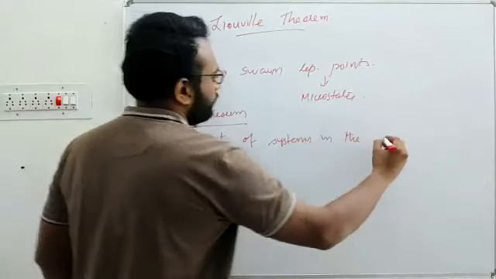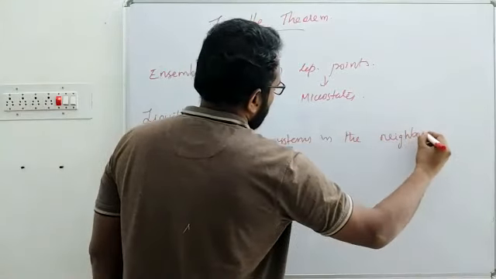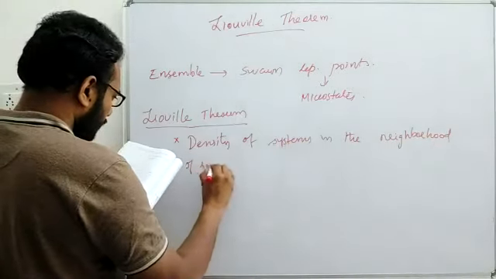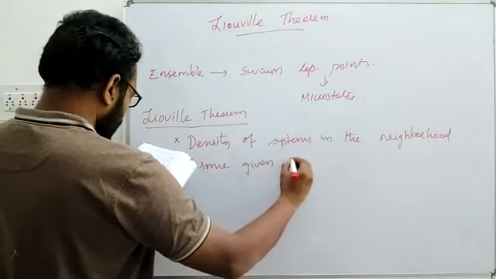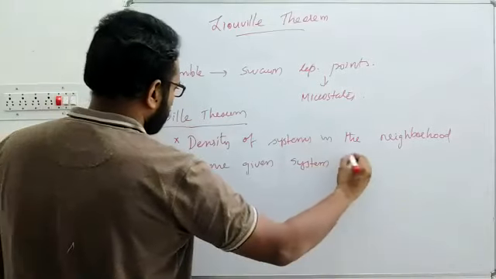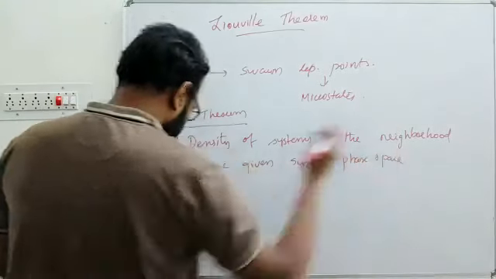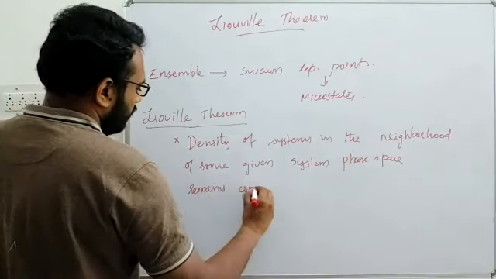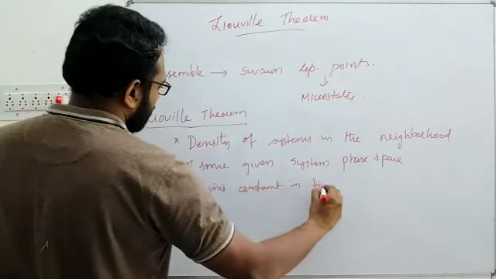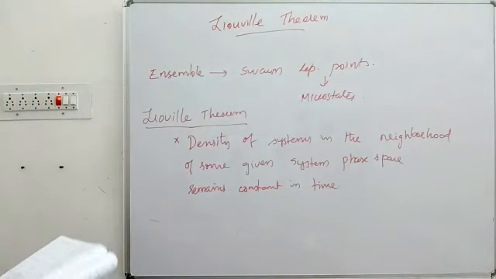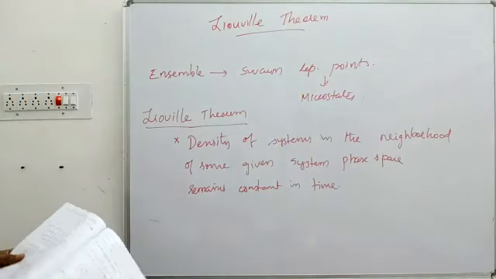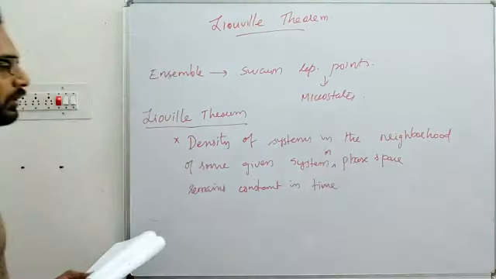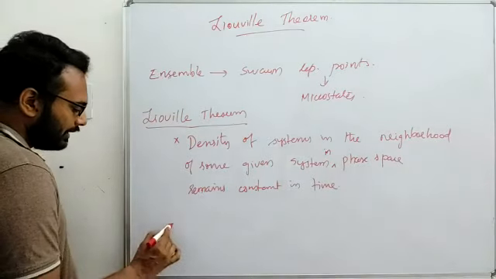in the neighborhood of some given system in phase space remains constant in time. Which means that if you take a system and you take a neighborhood of it,